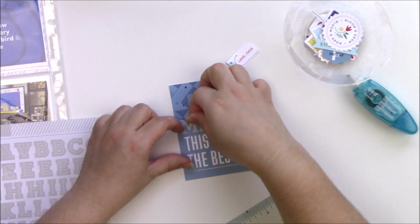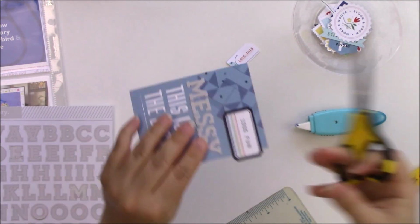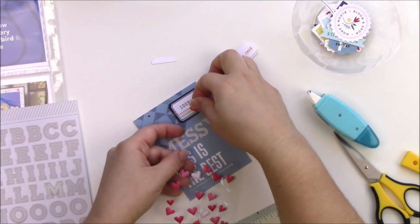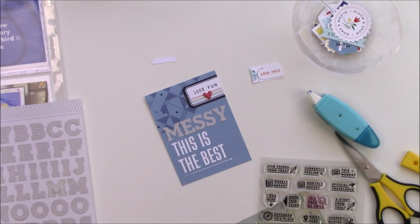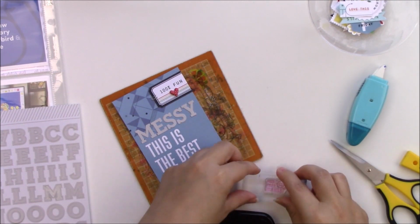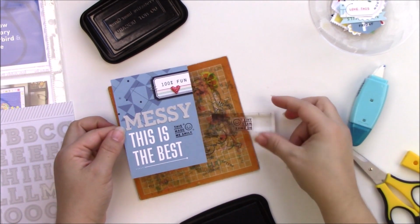These alpha stickers are from Studio Calico, and I love them. They're so cool. I also use the die cuts that came in both kits. I'm just adding a few puffy stickers to give it a little bit more layer, and I was planning to stamp, but I think I'm not going to stamp. Oh, I did end up stamping, and I used the Everyday Explorers stamps, and I believe these are the 27